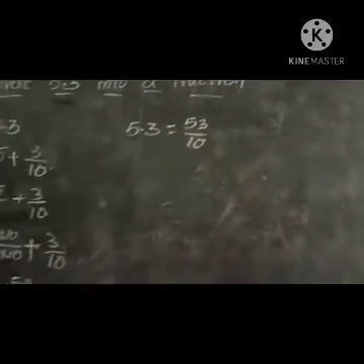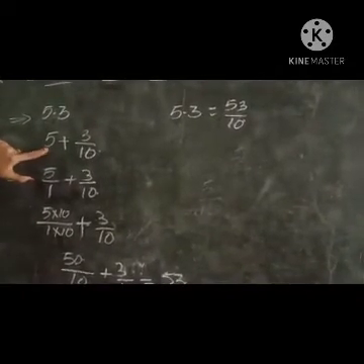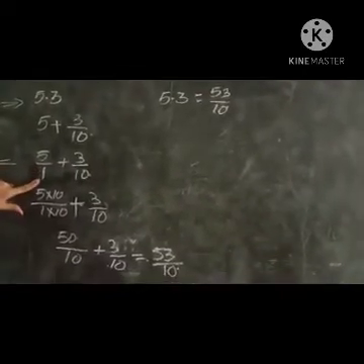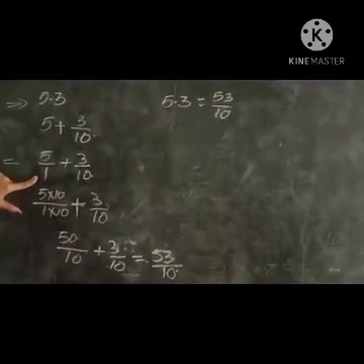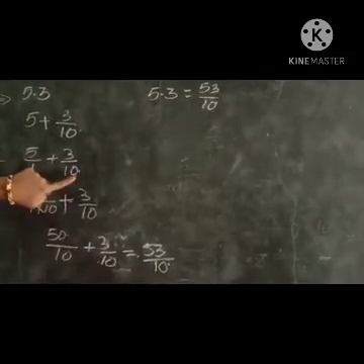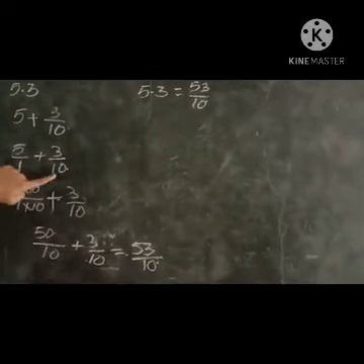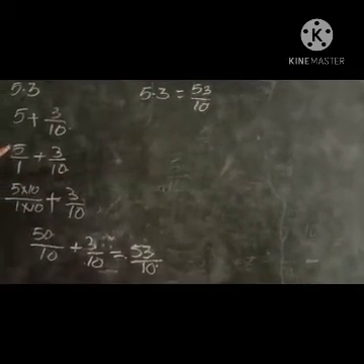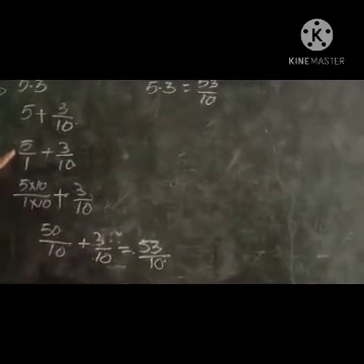See, the number 5.3 that I gave first, we have to first write in expanded form. After the expanded form, there is no number in the denominator, so here we have to write the number 1 to find out the fraction. Afterwards, see this denominator number 10 is there, now we have to multiply this number. Why we have to multiply this number means here both the numbers are different. We have to add here now, that's why take this 10 and multiply the numerator and denominator.